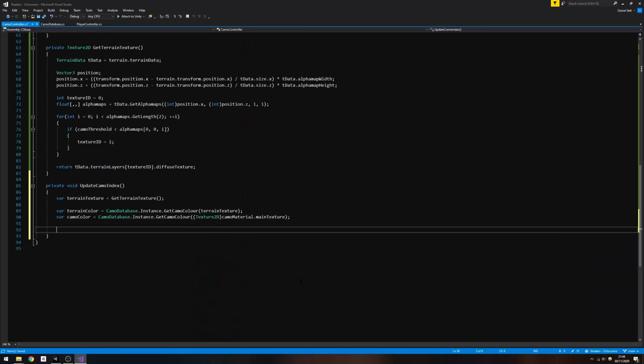Then we're going to do a very simple process here, which is basically some trigonometry. Now we're going to calculate the camo index. So we're going to say camo index equals 1 minus, and we're going to do a square root here. So we're basically going to square the difference between the R, G, and B colors, and then take the square root of their sum. So we're going to say mathf dot sqrt,